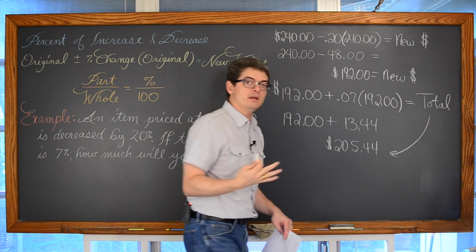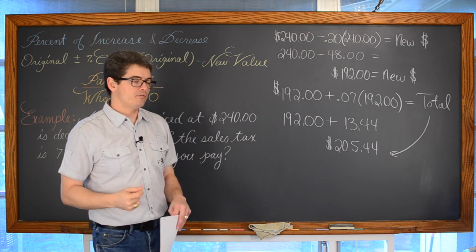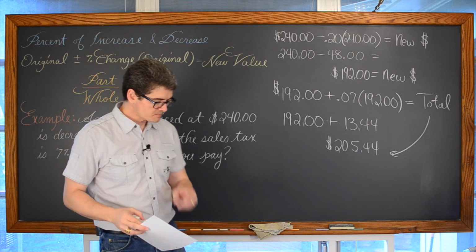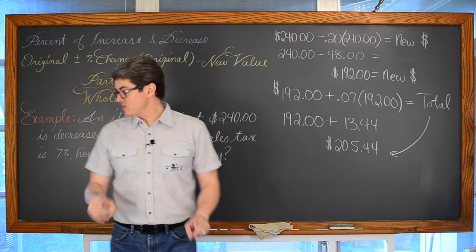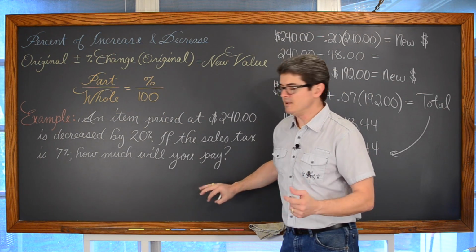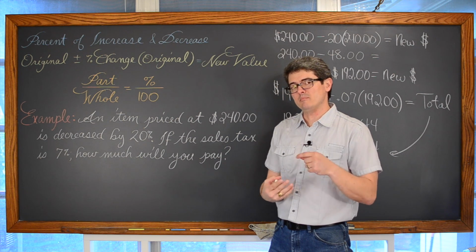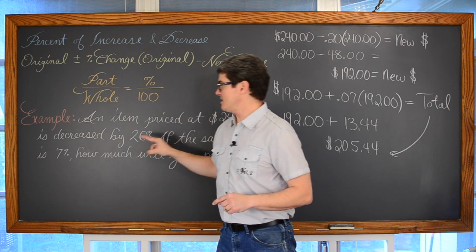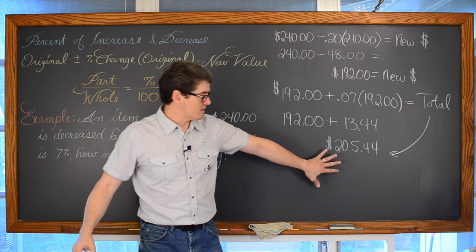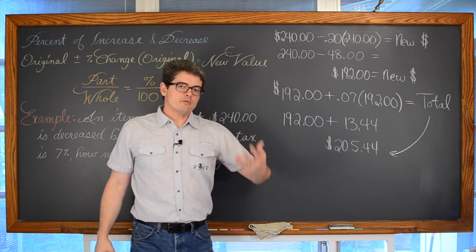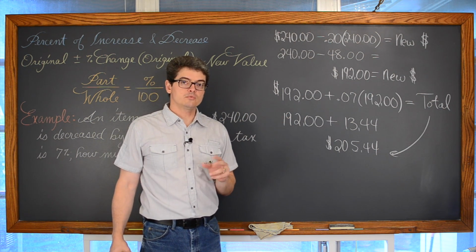This is what I'm going to have to pay at the register after that 20% discount and the increase of 7%. Okay, now I'm going to step off. I'm going to do two things. First, I'm just going to write down here in orange or red what the answer would be if I had just tried to do this in one step and make a 13% discount, because that was a 20% off and then 7% added, and show you how the number is going to be different. And then I'm also going to reveal step by step another way of doing this problem.